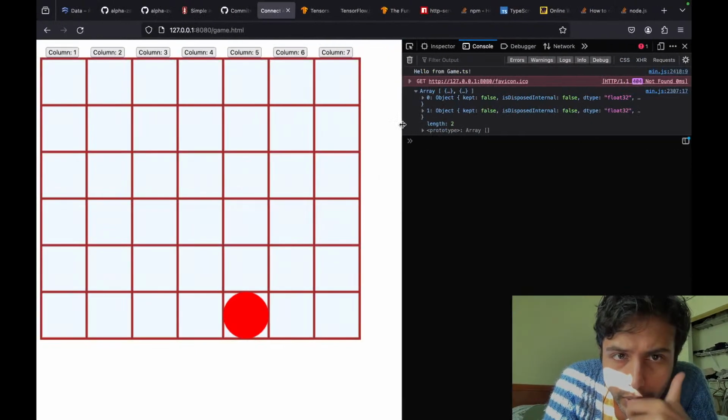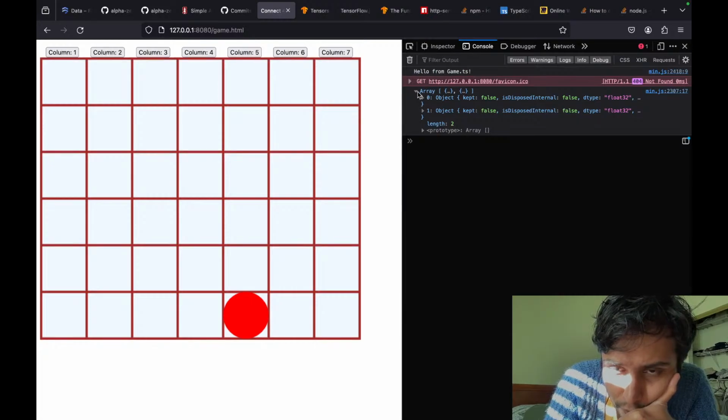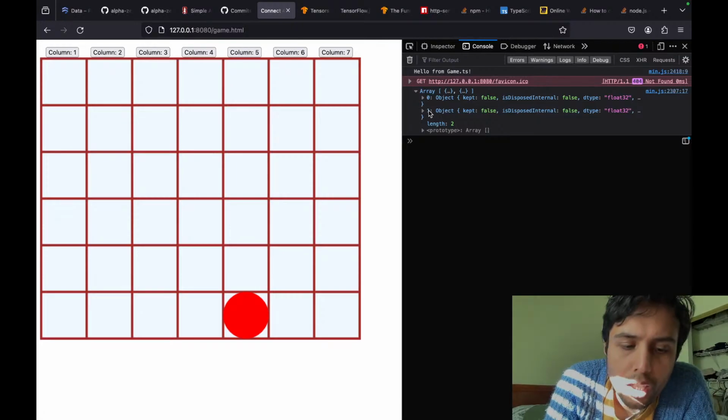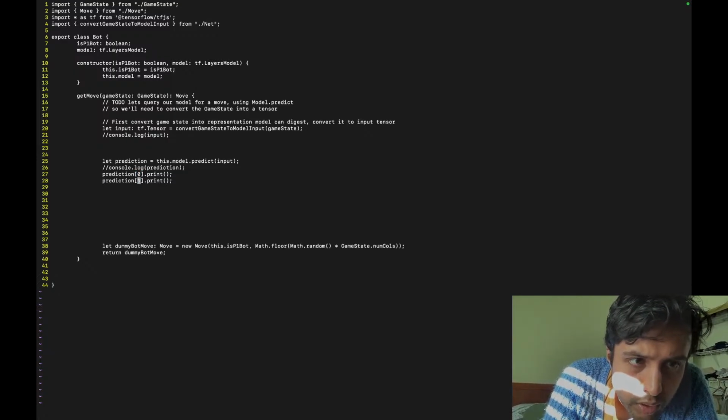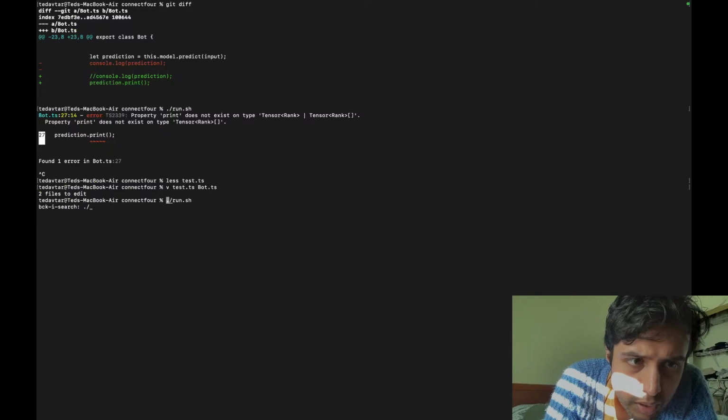So prediction right here is just the vanilla, normal array. Okay, so I think I see what the issue is. So instead of that, let's do prediction 0 .print and prediction 1 .print, right? Like that, maybe.